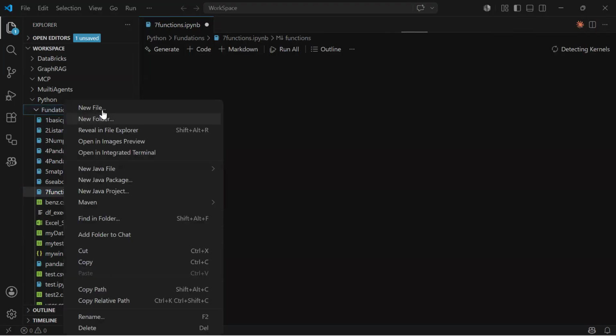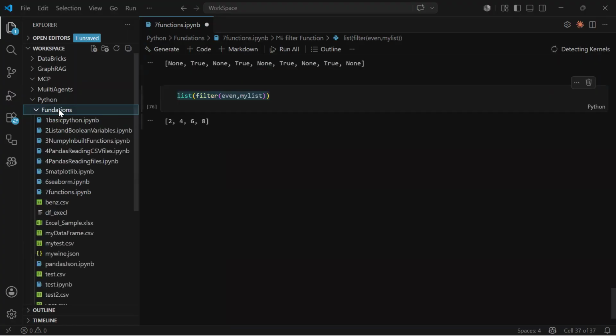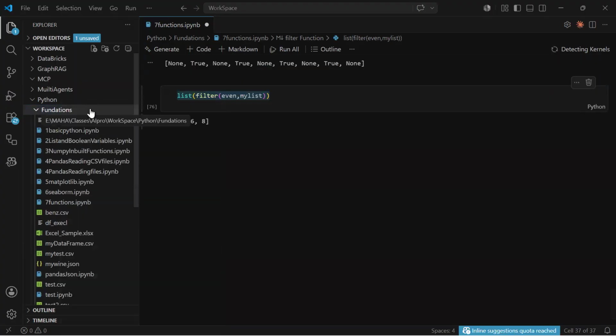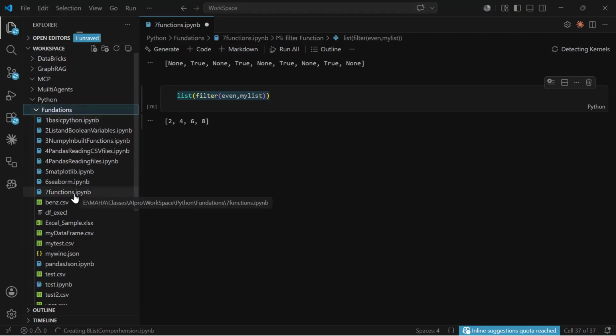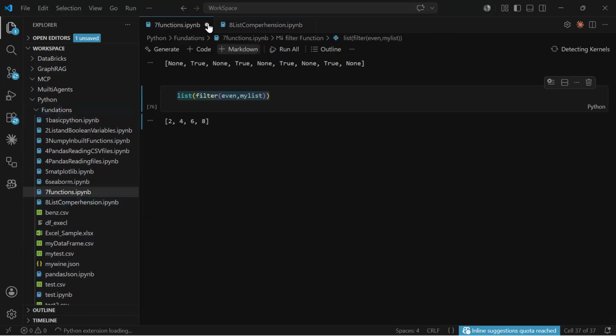Let's try to create a new file, not in the same one. Please create a new file. The file name is list comprehension, with the extension .ipynb. Once it is successfully opened,